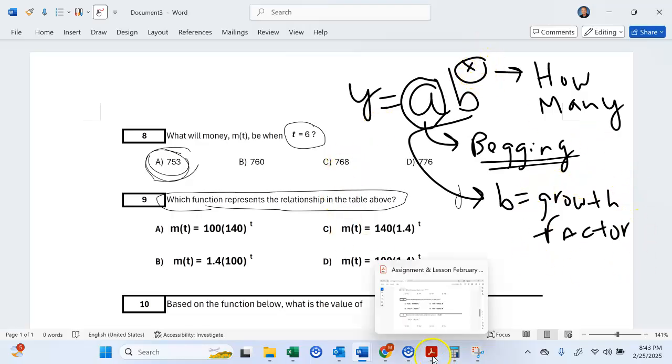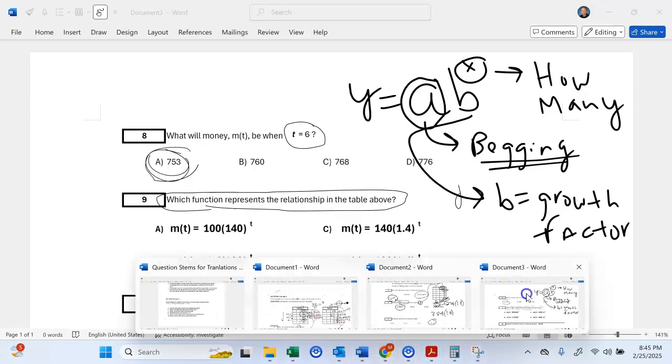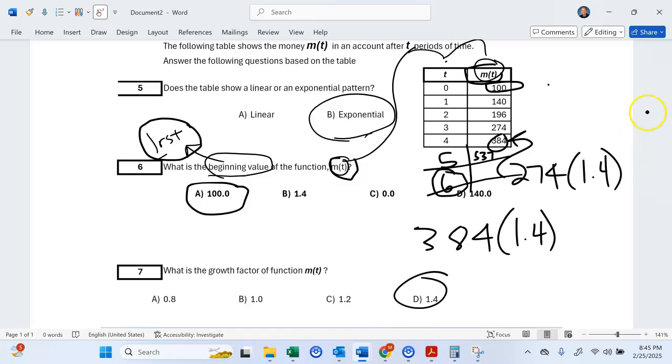So if we look at our equation, let's go back and look at what we already found out about ours. Okay, so it started at 100, correct? So we started at 100. So that's our beginning value. So it's 100. So let's put the generic function y equals a times b to the power of x. So in our case, it's going to be mt, right? So we're going to have mt